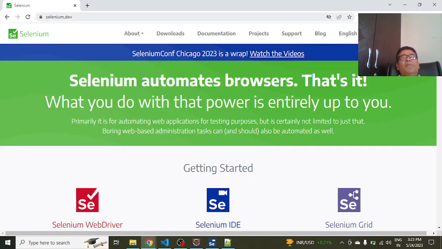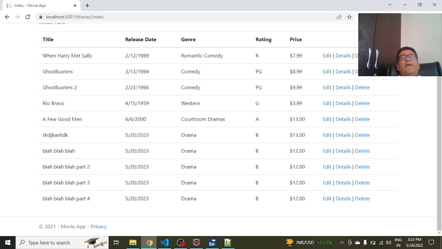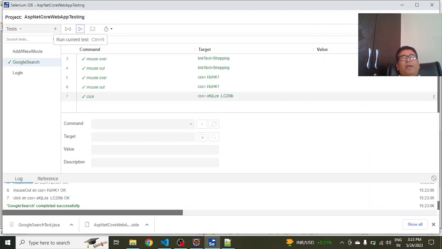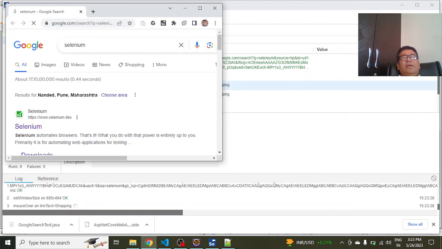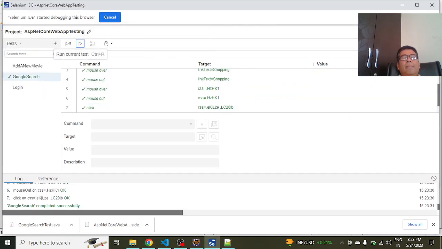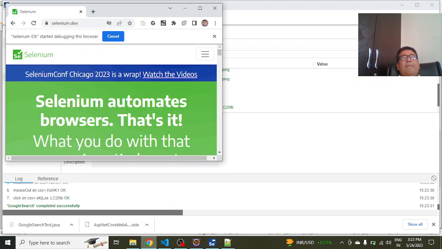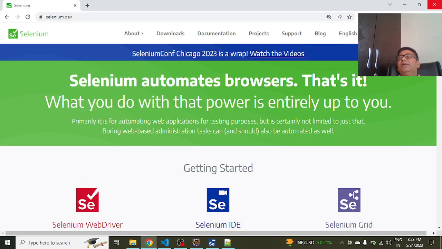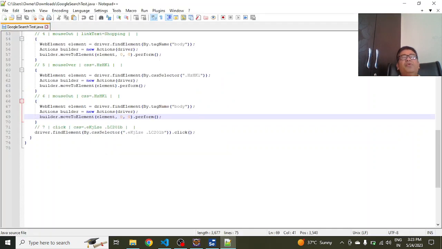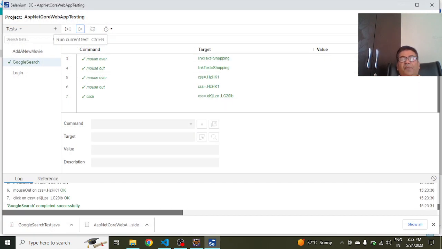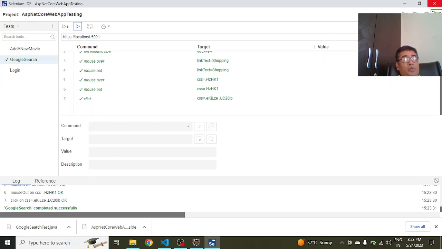So let's run it once again. Yeah, this is how the first result is also clicked. So everything happens in an automated way, and it helps you test all your web applications. And this Selenium IDE is very useful to record your steps, what you did on the web application, which buttons you clicked, which options you selected in a particular dropdown,